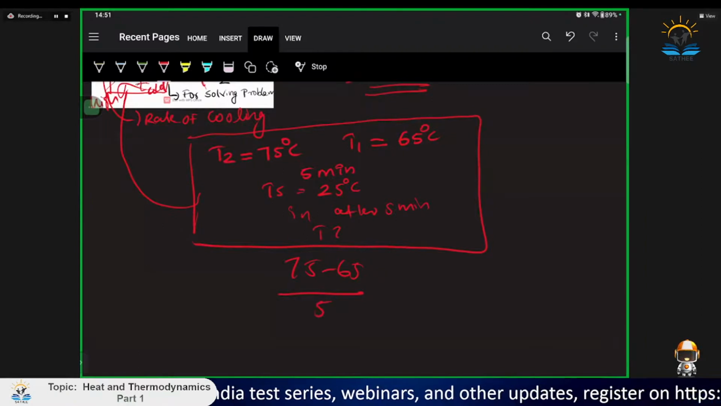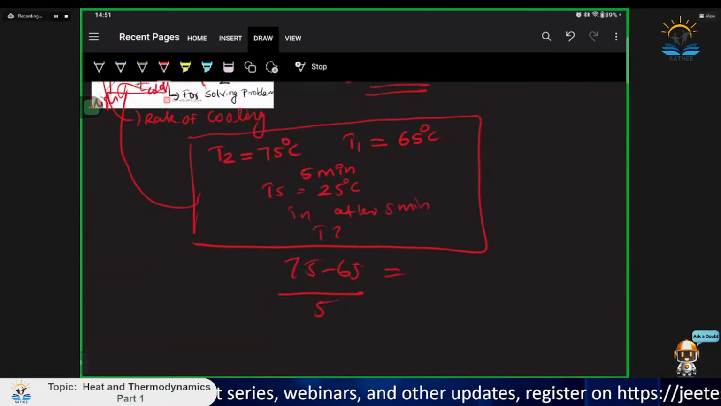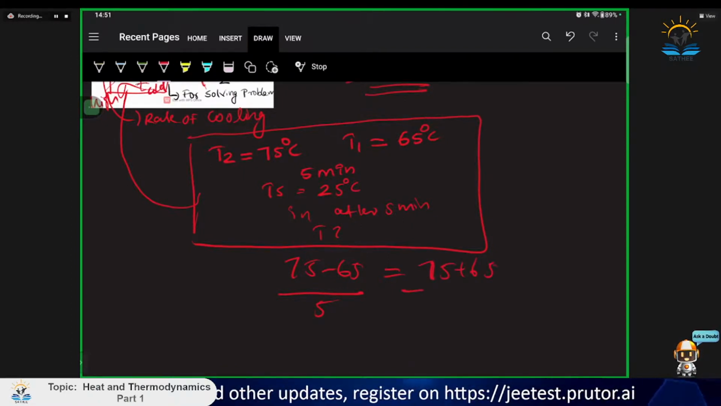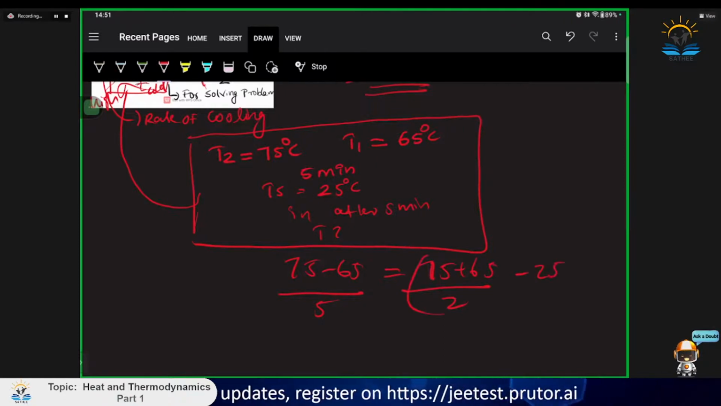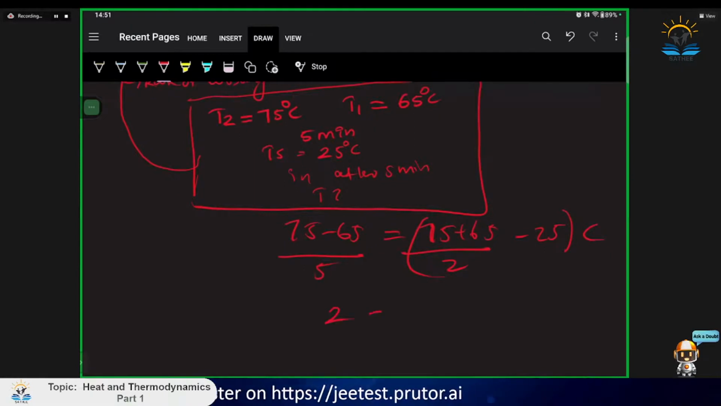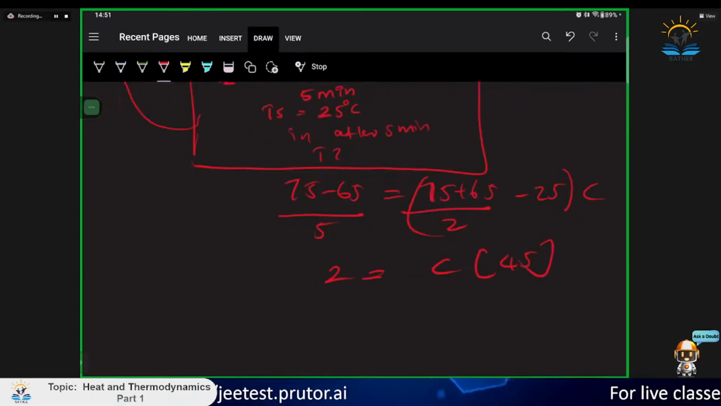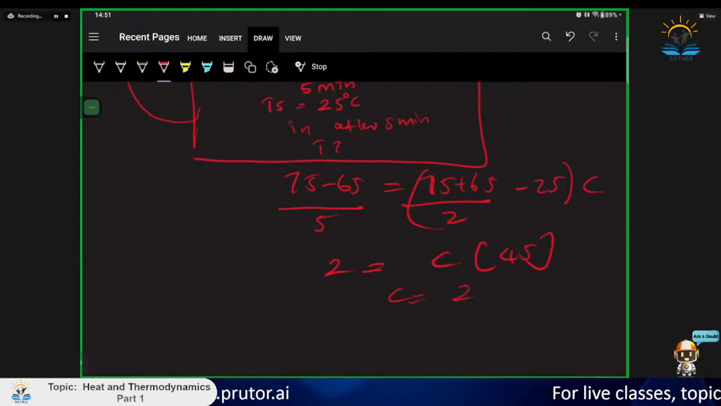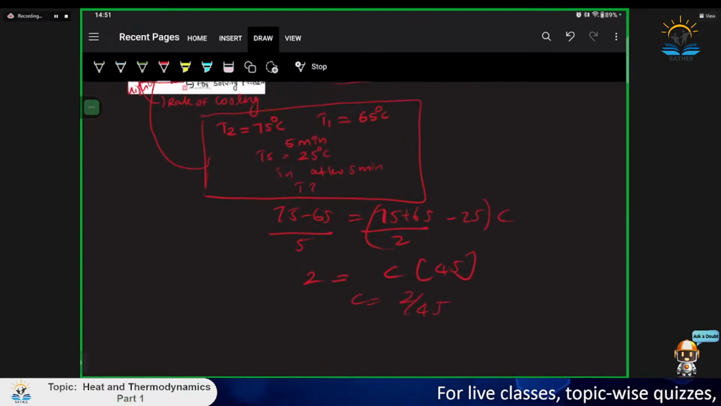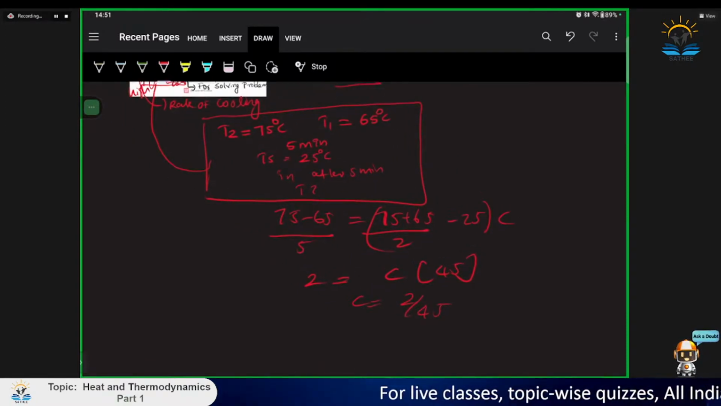5 is equal to T2 plus T1, that is 75 plus 65 by 2 minus 25 into a constant. Okay. 2 is equal to C into 45. So C is equal to 2 by 45. So we will put these things in. So actually we want to find, we got the constant is 2 by 45, so we can find what will be the